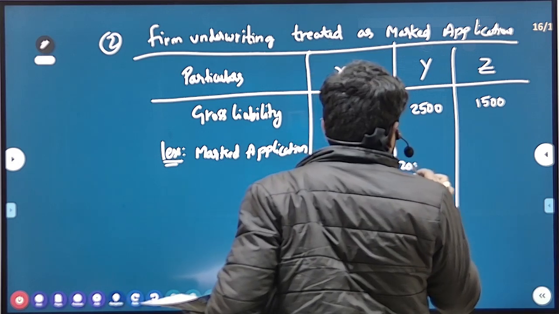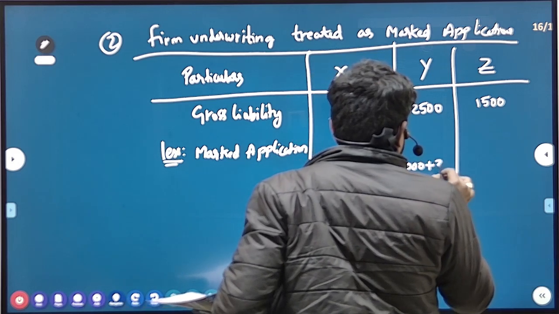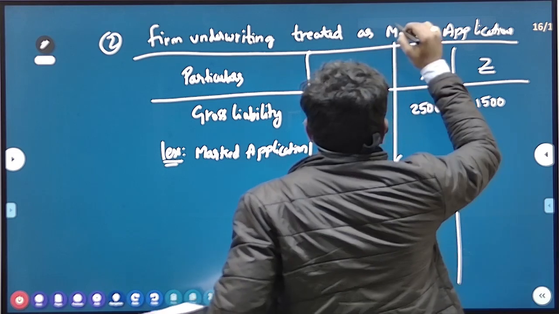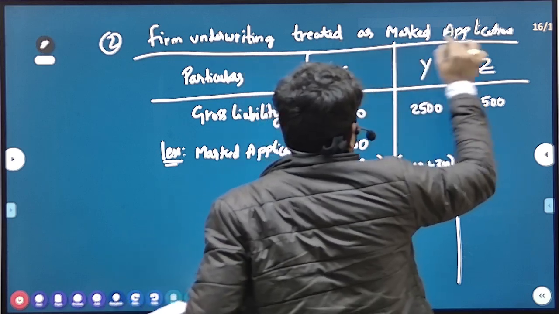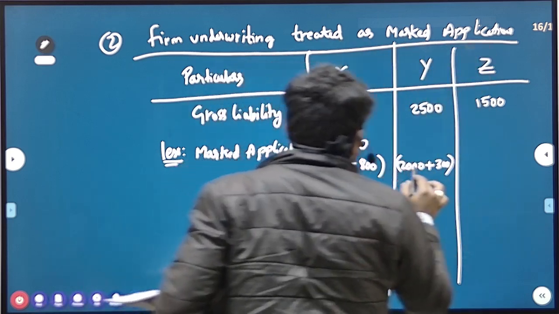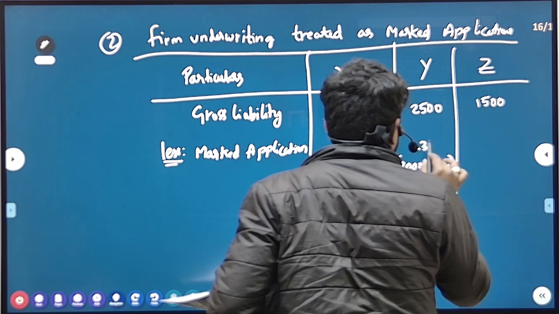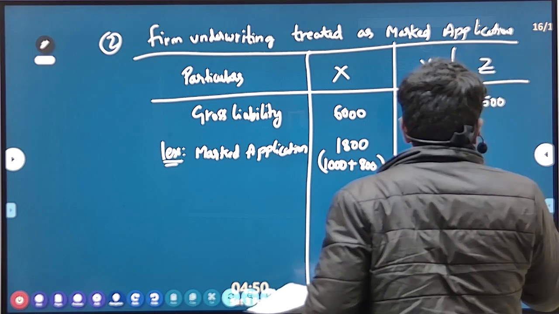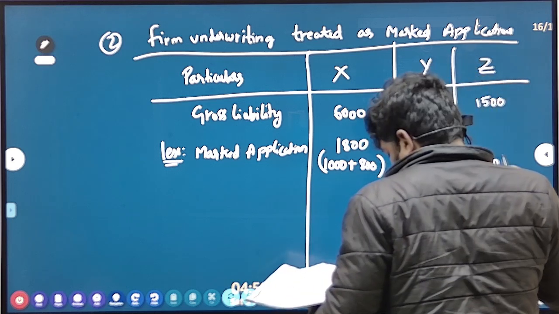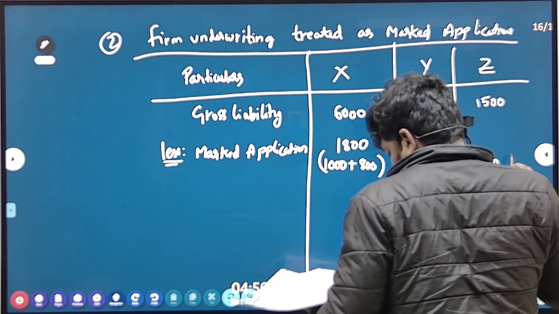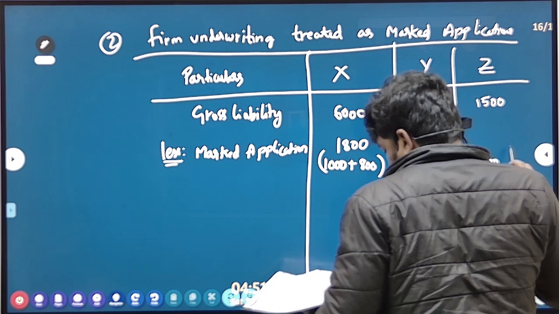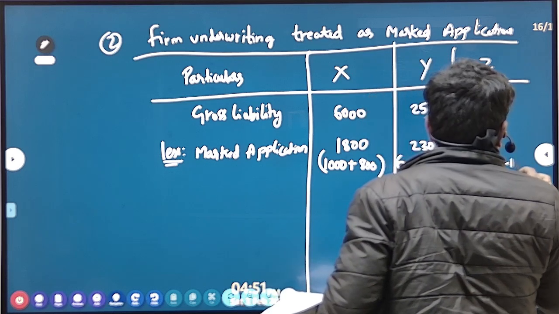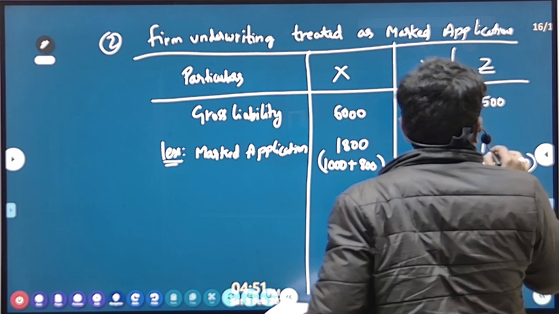मार्क्ड में 2,000 है, 300 फर्म अंडर राइटिंग, क्योंकि फर्म अंडर राइटिंग ट्रीटेड एज मार्क्ड, तो मार्क्ड में मैं ऐड कर दे रहा हूं, इसका 2,300। नेक्स्ट 500, फर्म अंडर राइटिंग कितना है? 1,000। वेरी गुड, टोटल 1,500।